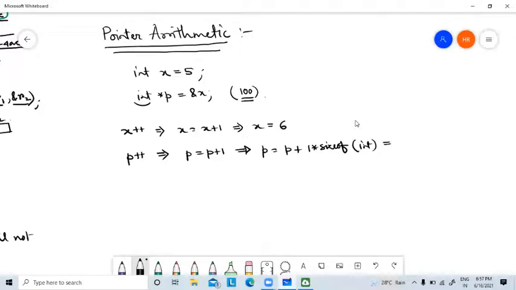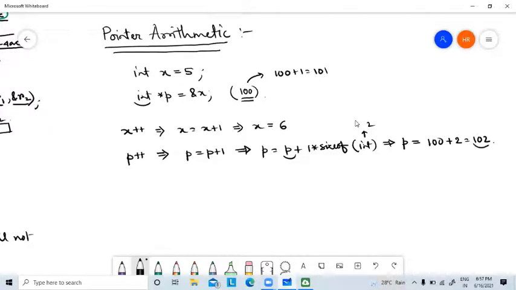So p becomes 100 plus, say if the size of integer is 2, so it becomes 102. Instead of 101, which is normal arithmetic, where 100 plus 1 is always 101, it is 102.